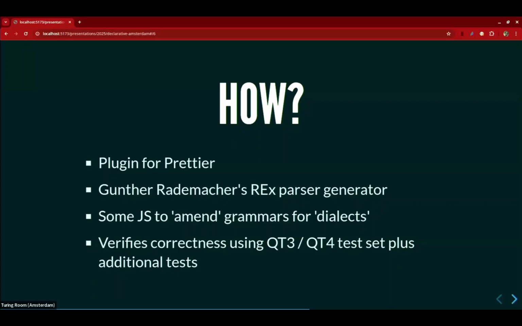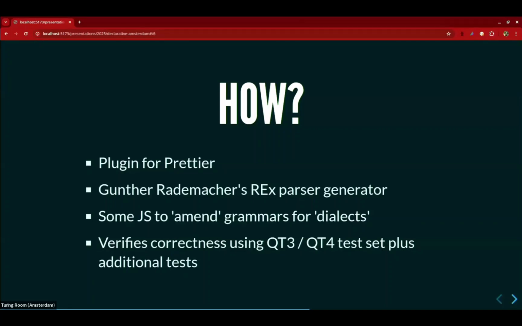This whole formatting is a plugin for Prettier. Prettier is a quite old, stable tool that mainly formats JavaScript, but in recent years it also started branching out to other languages. So far it has a configuration for Python, YAML, I think, JSON, I believe, XML, etc.